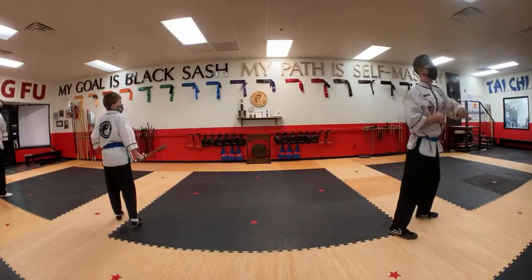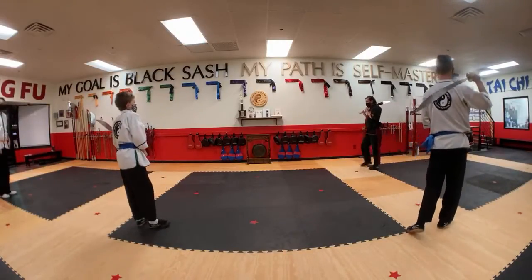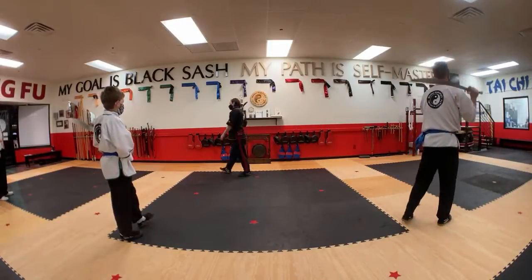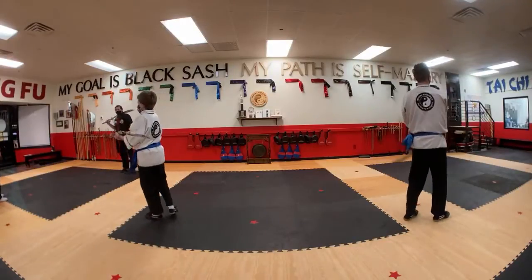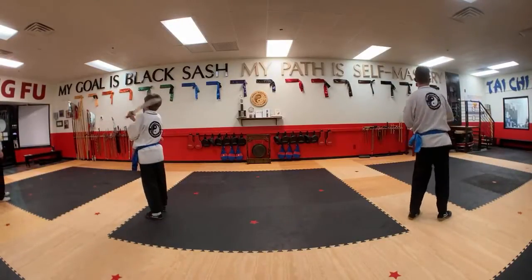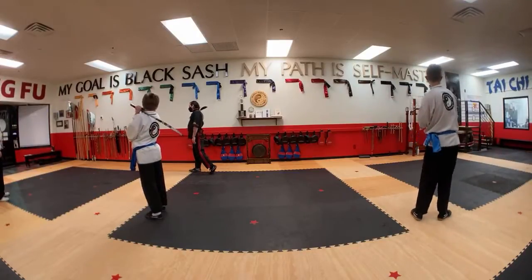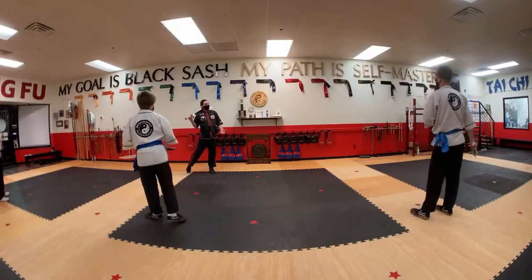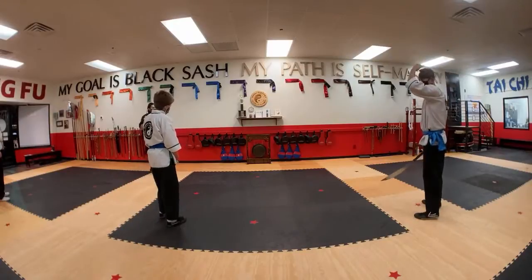All right. Here's what we're doing today. The only thing we're doing today is the cut section, the down cut section of the routine. The only reason I'm doing this is because this is the flashiest, best part of the form. It's also, for some bizarre reason, the hardest. Somehow, it's the easiest and the hardest. I always thought it was the easiest, but